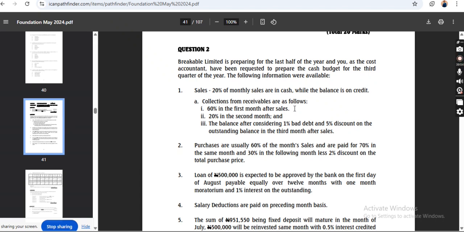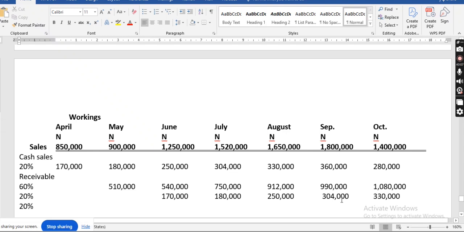Don't forget, the first month is 30 days. The second month is 60 days. The third month will be what, class? 90 days. 90 days, class. And that is the technicality of this question. That is why I said, if you don't know how to speak English, sorry, there are two different things. You may know how to speak, but you don't know how to interpret. Is that not so?